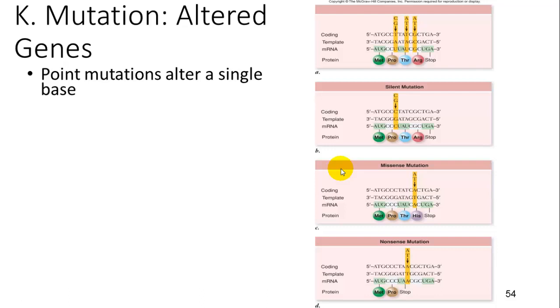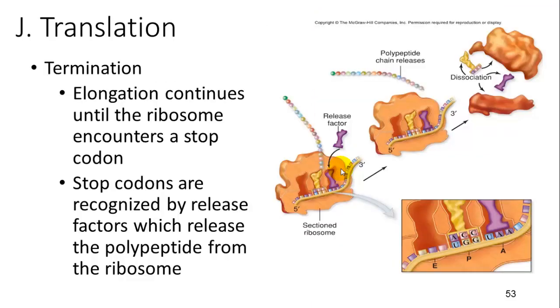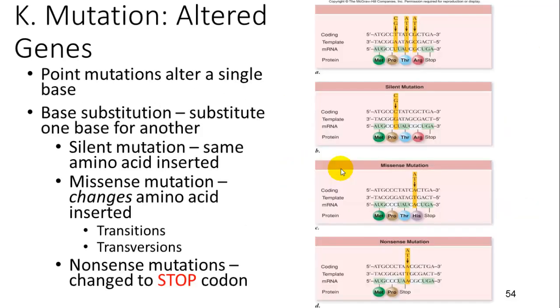Alright, so mutations can occur where you have a single base change, which can cause a lot of things to change, or it can cause nothing to change. So a base substitution is where one base gets switched out for another. If it's one of those that codes for the same thing, so you have a C going into this T spot, that's going to code for a G on the other end. It's still going to make proline because of that wobble pairing. So this is called a silent mutation.